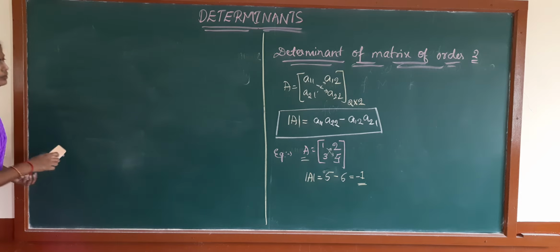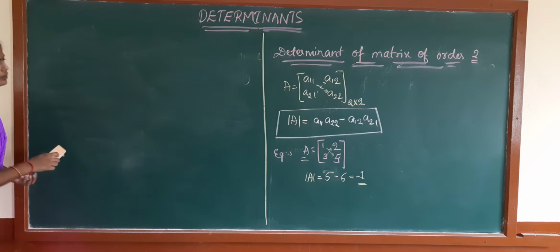So now consider the first row. We start the expansion along the first row. If we start the first row expansion, determinant of A equal to, the first row first element is A11. So we have to write this. Before that we have to write minus 1 raised to i plus j.